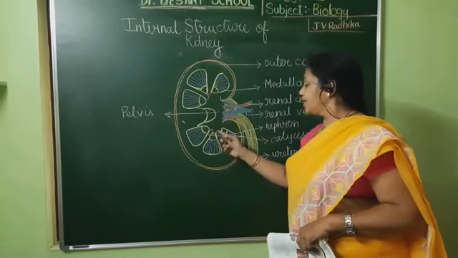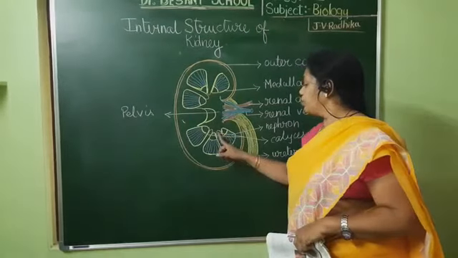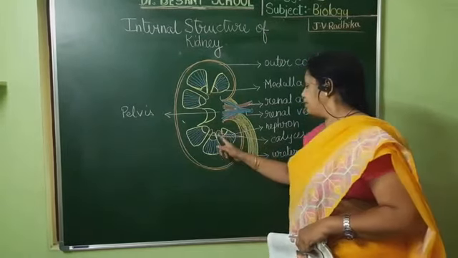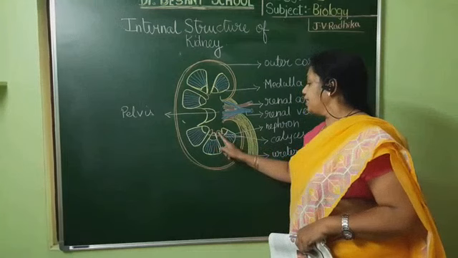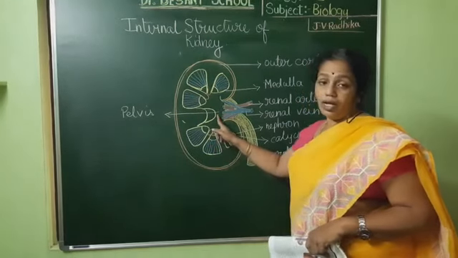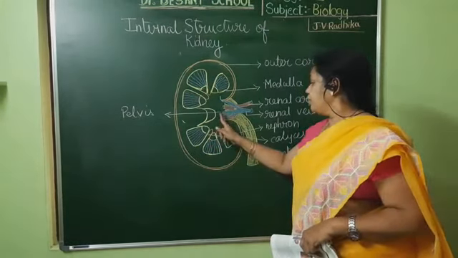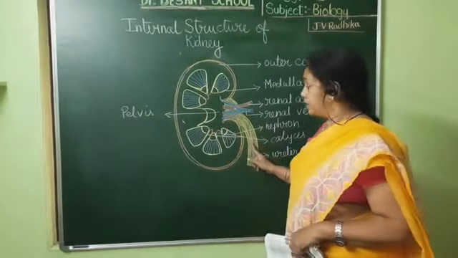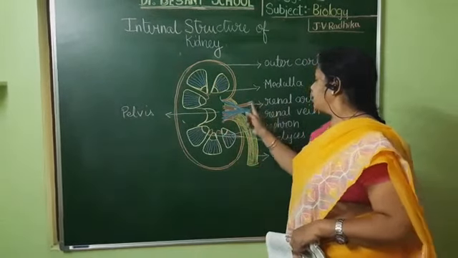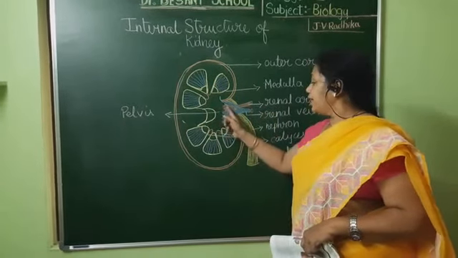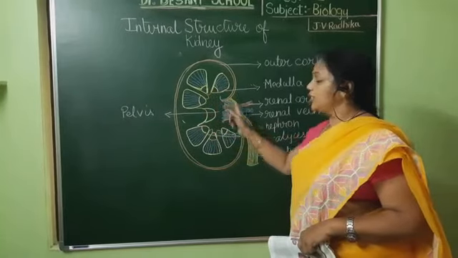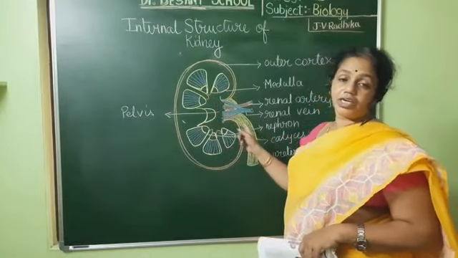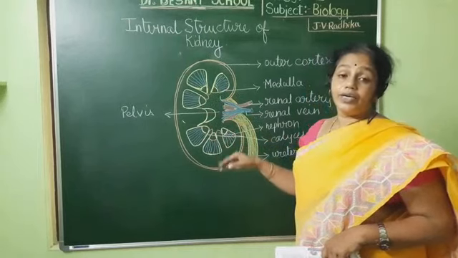All these nephrons join here to form the collecting ducts. Those collecting ducts open into the calyces, which I have labeled now. From the calyces, the urine enters the pelvis, and from there it is collected by the ureters. The renal artery brings the impure blood and branches out to join all these nephrons. These millions of nephrons are connected by the renal arterioles.